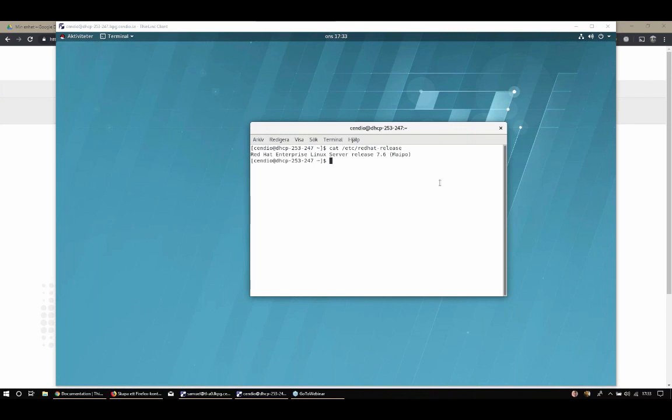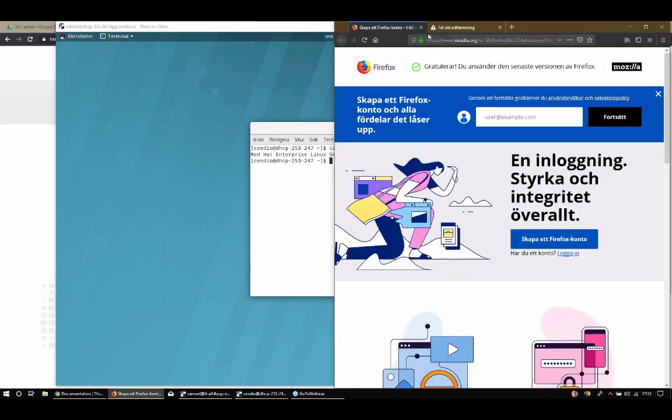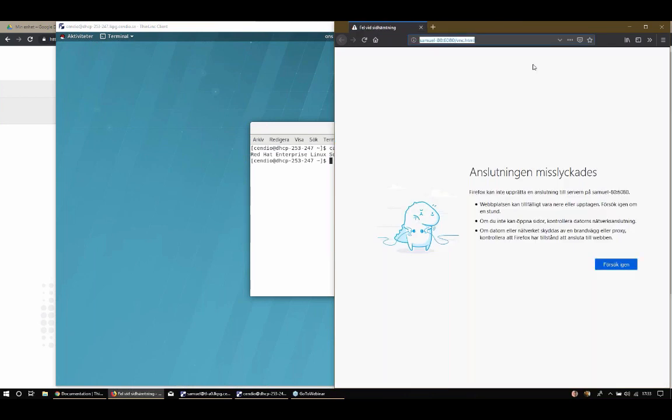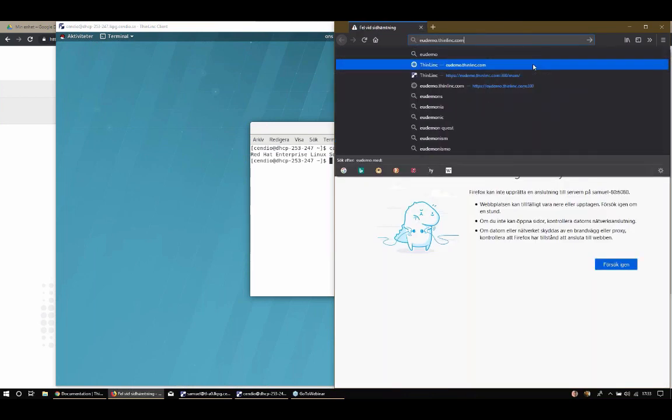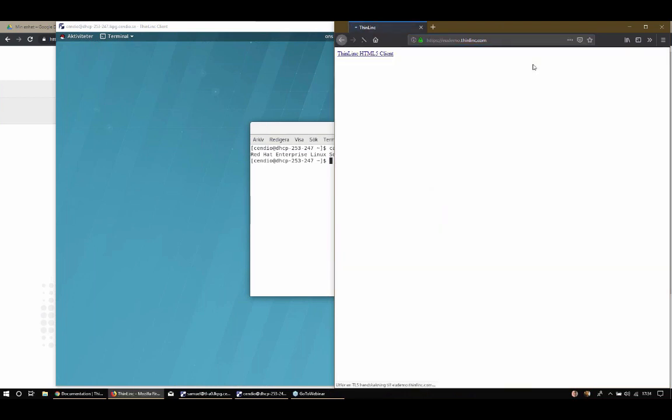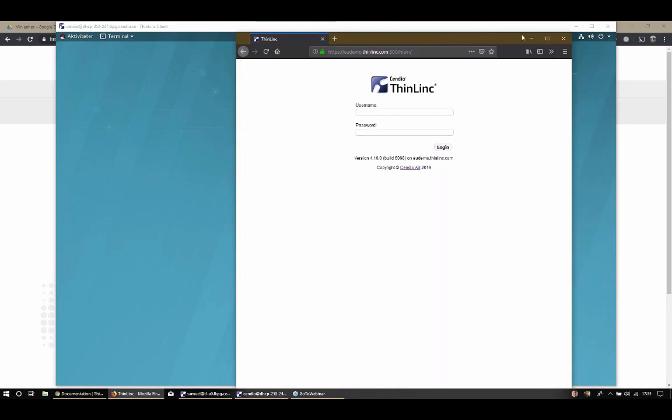So both yes and no. The easy answer is that no, we do not have an application which you can install on Android. The same goes for iOS. But the good news is the web client, which I demonstrated. I can show you again here. So this web client is made to work very nicely on Android devices.